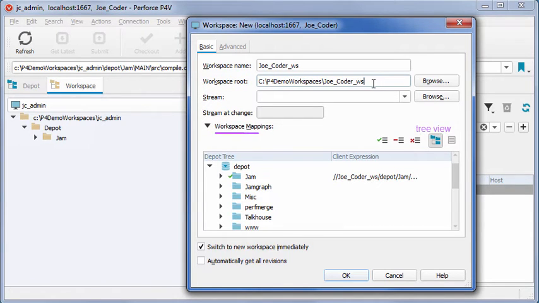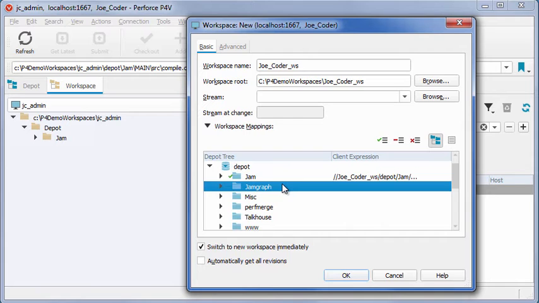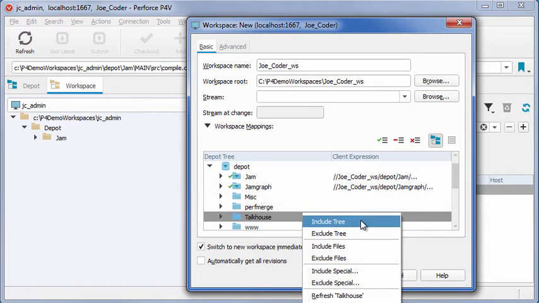In the Workspace Mappings field, you select the directories you want copied from the depot to your workspace. The directories with a check mark are directories that are automatically chosen. This is usually defined by your admin. It's best to cherry-pick only the directories that you want to modify to be copied to your computer. Click this icon to add, or right-click to find your options.